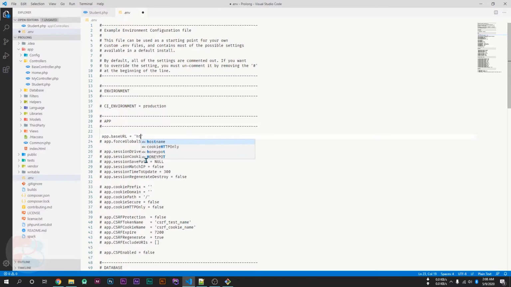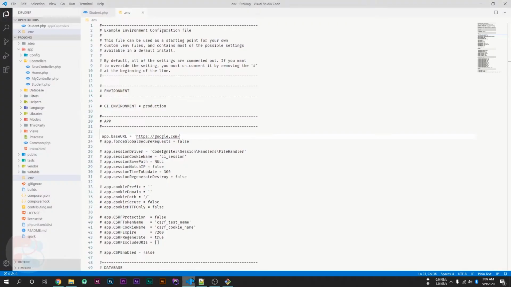For example, if I use google.com and try to reload my page, then my base URL is now google.com and my current URL will become google.com/student/test requests. So this is the use of base URL and the get path function.